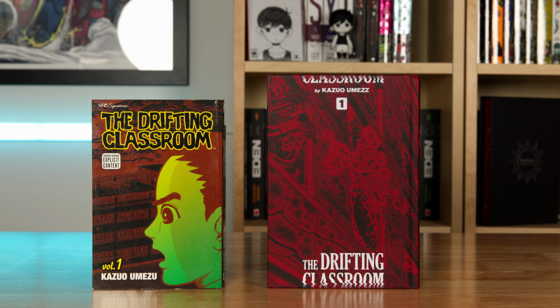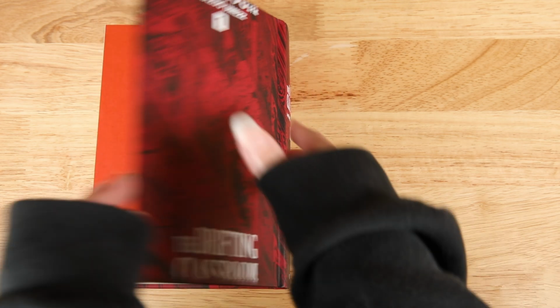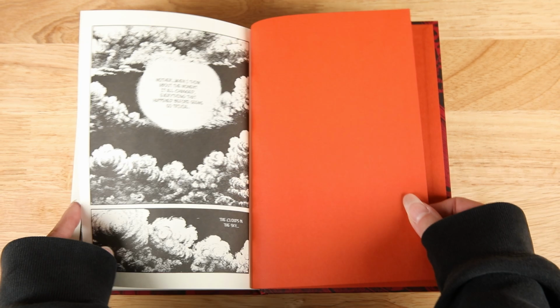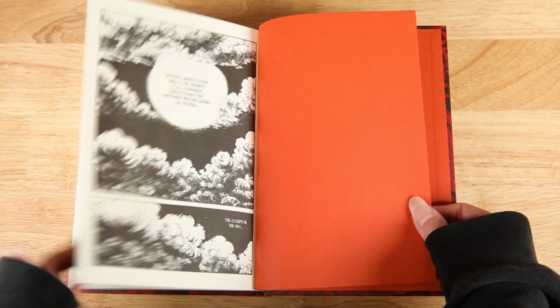Drifting Classroom by Kazuo Umezu, who is one of the most prolific horror creators of all time, is similar to The Lord of the Flies, except much darker. The environment is just as important as the characters in this story, and both were developed extremely well. It's a survival story, but it takes place in a school, and the characters are all kids, which makes it